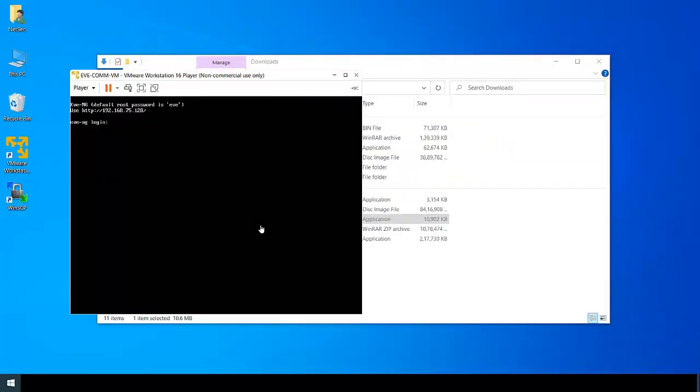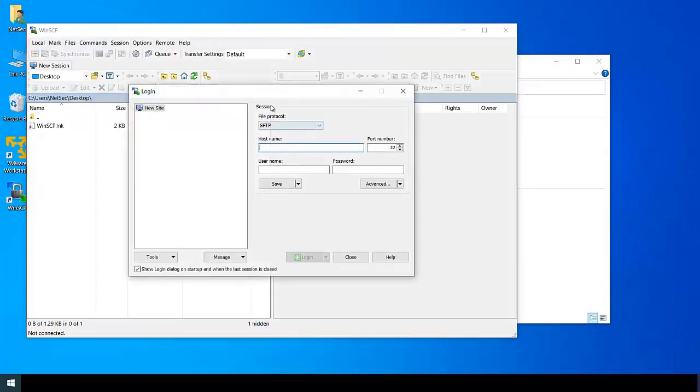Now we will be using WinSCP to log into the Eve IP, so that we can transfer the ASA image into the Eve. So just enter the IP address of Eve, username will be root and password will be Eve. Click on login.